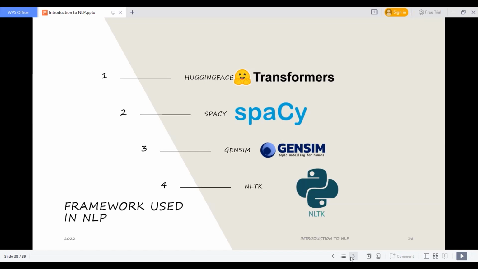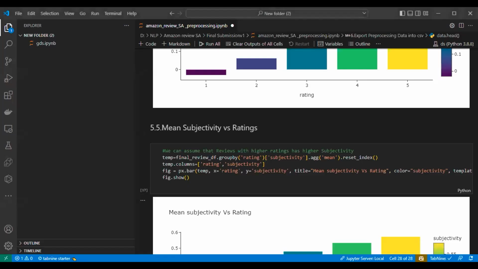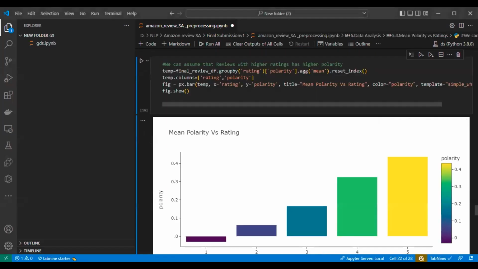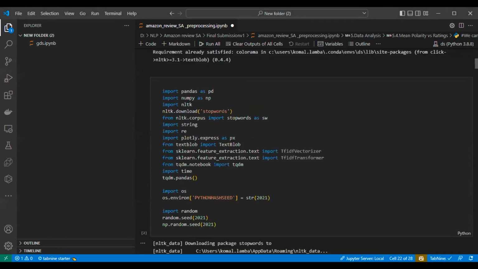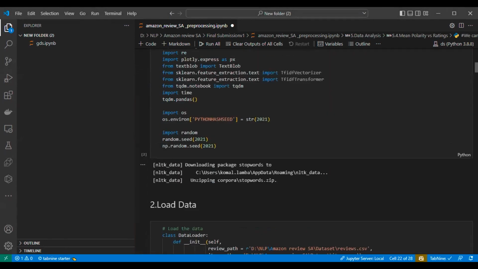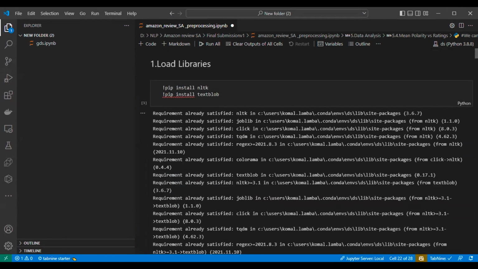We don't have that much time to discuss all the examples, because the demonstration is still pending. So let's come to the demonstration part. Let's begin with that first. I hope my screen is still visible to everyone, right? Yes, it's visible. Okay. So in the very first step, we will load the libraries.